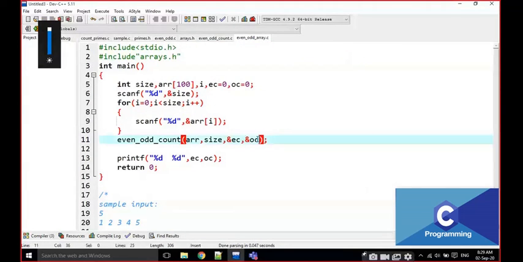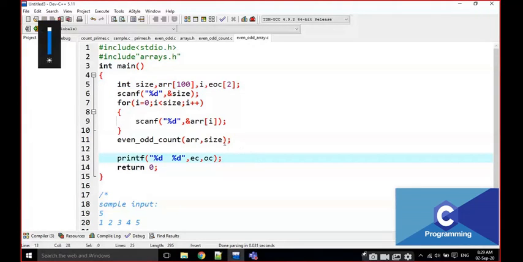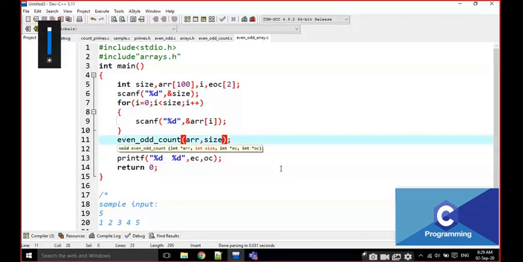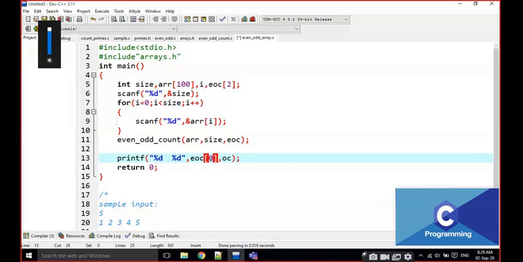I am writing two values, and I want to take the even and odd count of some array here. Two arguments I am going to pass here as EOC. I am going to print EOC of 0, EOC of 1.